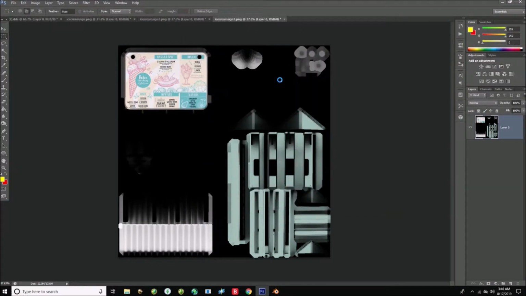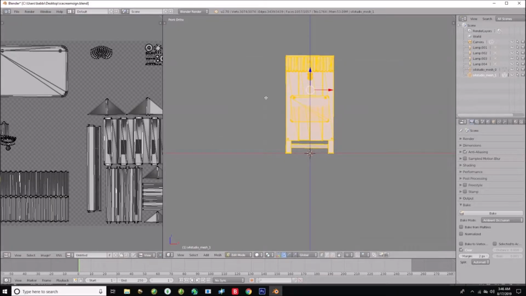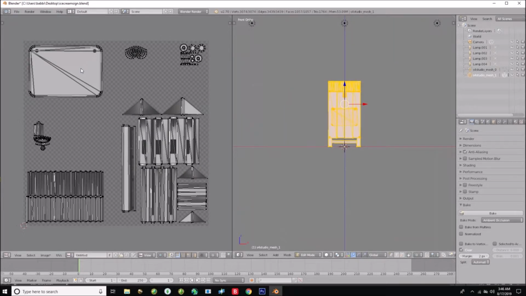Save. Bam. Alright, so we got all of our overlays saved, so let's go ahead and switch back over to Blender. And then now that your bake is finished, what you can do is you can go ahead and say